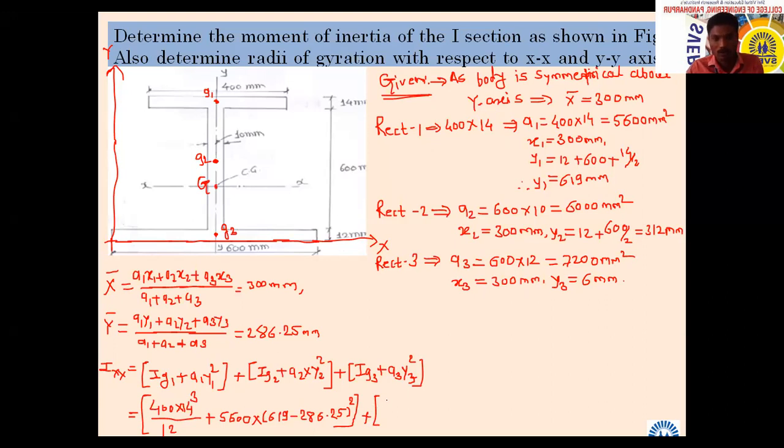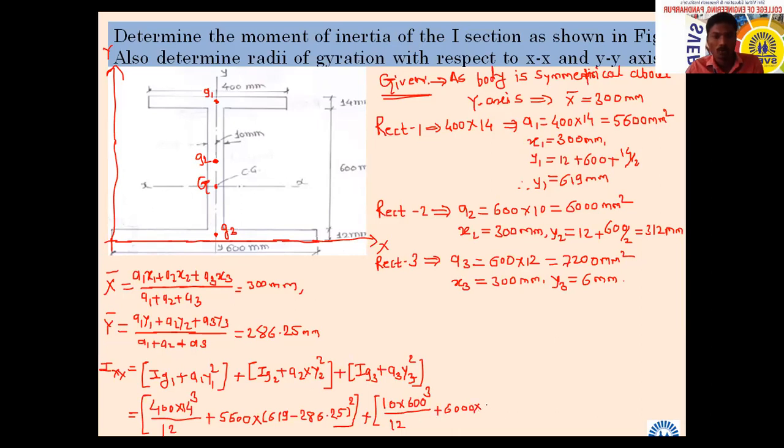The horizontal is 10, no? Yes, sir. 10 into 600 cube divided by 12, plus the area of rectangle 2, which is 6,000, into